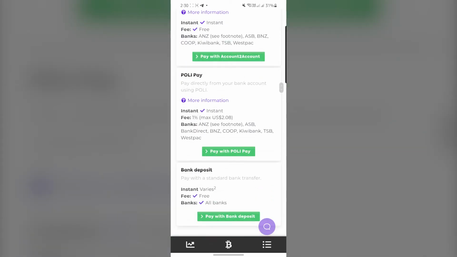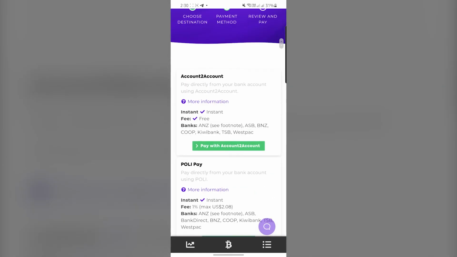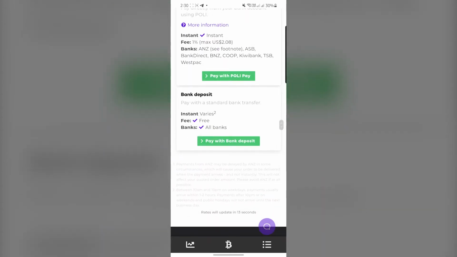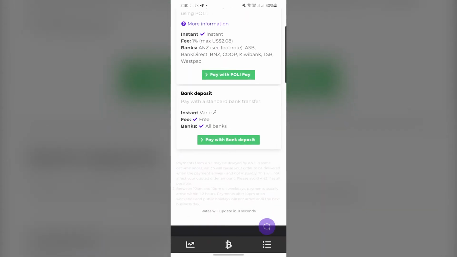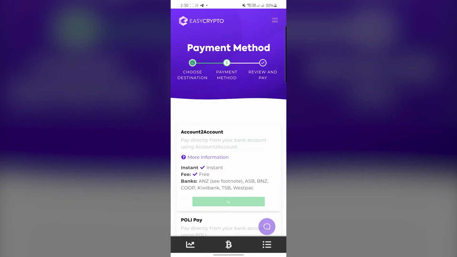Then you can choose how you want to pay. That all depends on your country. That's me in New Zealand. I prefer using account to account because it's instant, it's free, and it's supported by many banks. With Polipay, you have to pay a 1% fee, which I'm not a fan of paying fees. Bank deposit is another option, but it takes a pretty long time to confirm your transaction. So we'll go account to account,